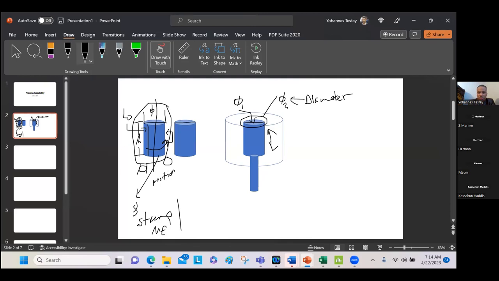So what if diameter 1 is close to diameter 2? ወደ diameter 2 ከተጠጋ ምን ይፈጠራል? ምን ያደርጋል? ስቲክ ያደርጋል አይደል? ይጣበቃል። ያ ሙቭመንት አይኖርም።